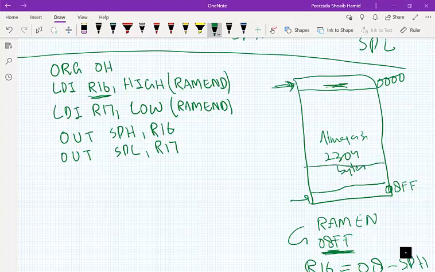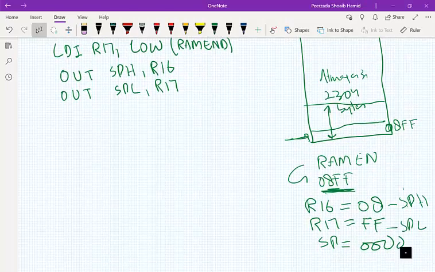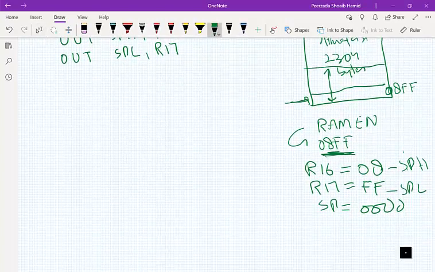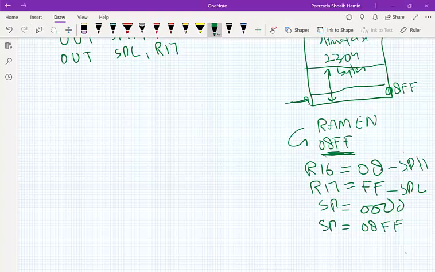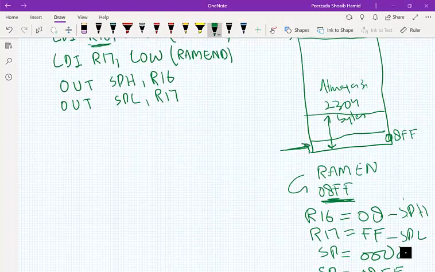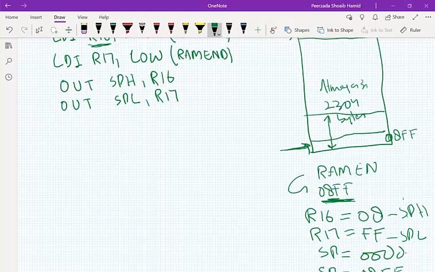We could have shifted it anywhere in the SRAM, but since it grows downwards, it decrements after storing the data, we started from the last memory location, and that we did using RAM end. So now the stack pointer has a value 08FF. That means the stack is pointing here. Stack pointer has a value 08FF and the stack is pointing here. That's the last location of